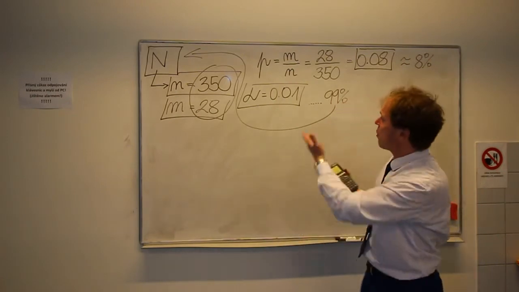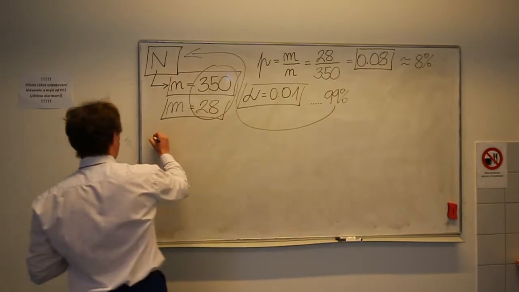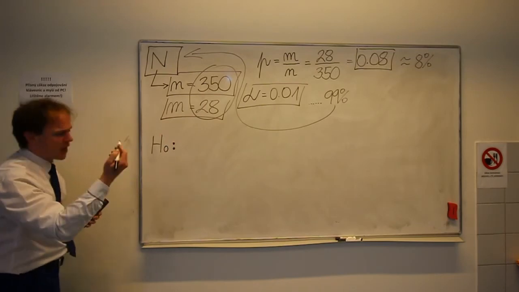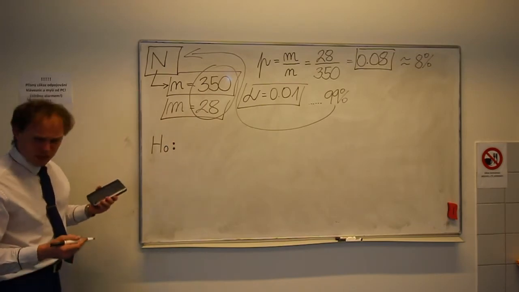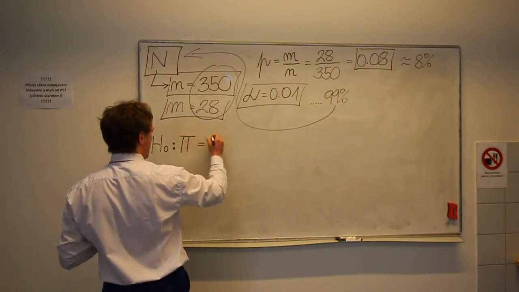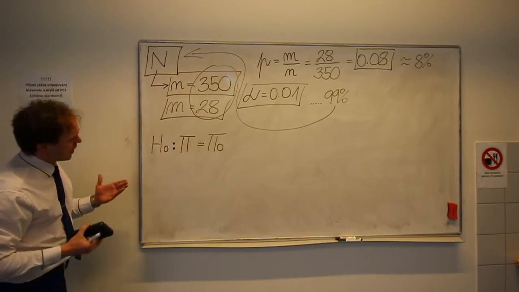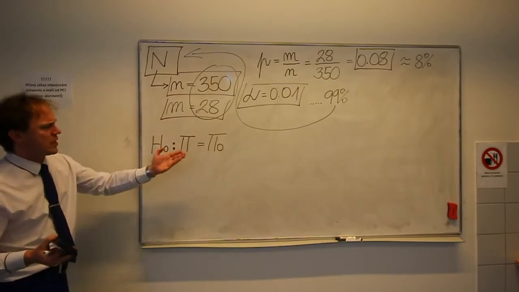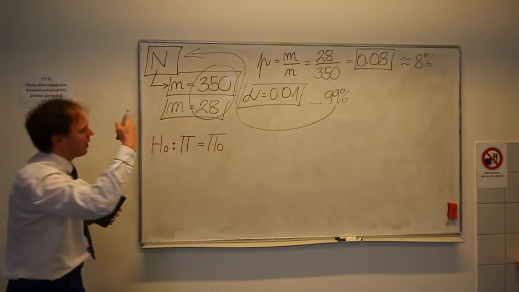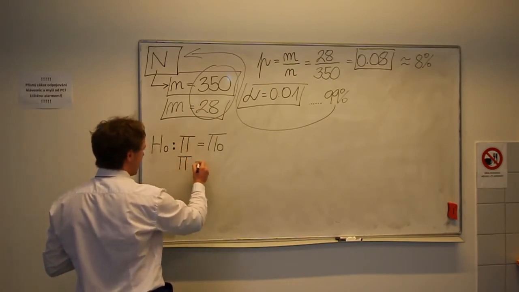So this is the reason why we are using hypothesis testing. We will set the zero and alternative hypothesis, and we will test this. The zero hypothesis is only one. It is written that P is equal to P0, the proportion of voters who would like to vote for the political party is equal to some value. In the Czech Republic the limit is 5%, so I will set that P is equal to